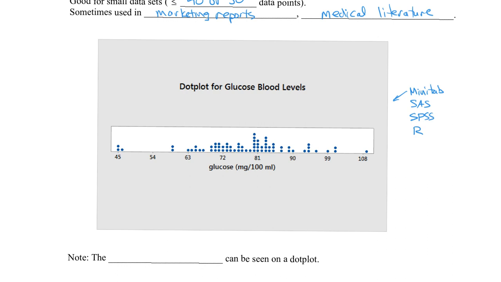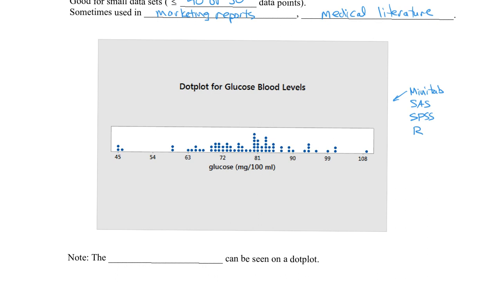A dot plot will actually show the data points. So you can see here's a number line. We've got a title. We always want to have a title. Our horizontal axis is the only axis we've got. It's labeled. And you can see the actual data. So of those 70 numbers, there were 2 45s, there was a 46. So like a histogram, you can see how the data are distributed, how they're spread out. But the advantage of a dot plot, you can reclaim the actual data points. So these are all actual data points. With a histogram, you'll see how the data are distributed, but the raw data